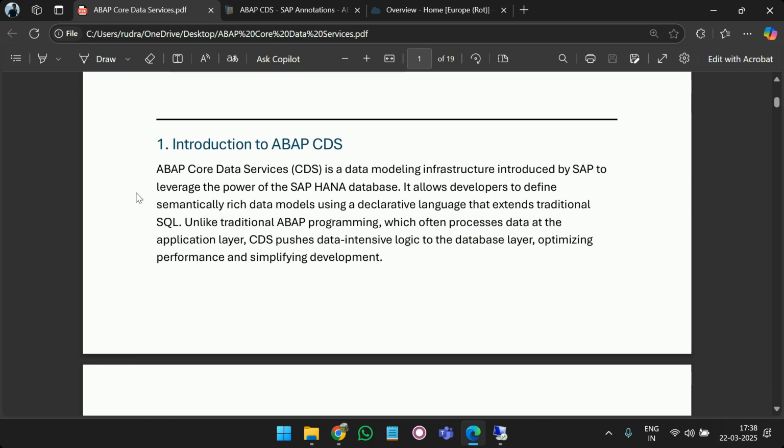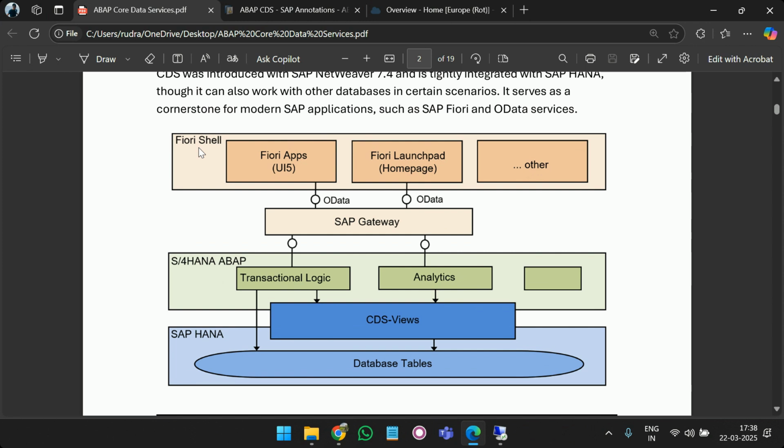So this is something you can read the definition, you can understand. I will share this document also with you. And to give you an idea of the architecture, if you see, these are the Fiori applications I mentioned, right? And then we have something called SAP Gateway, that is OData APIs. And then